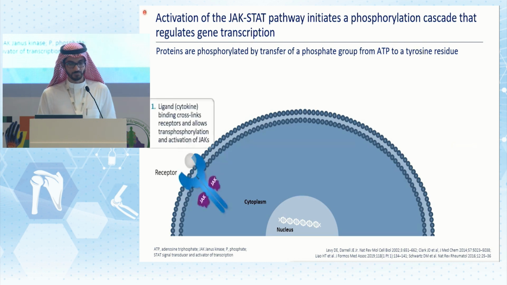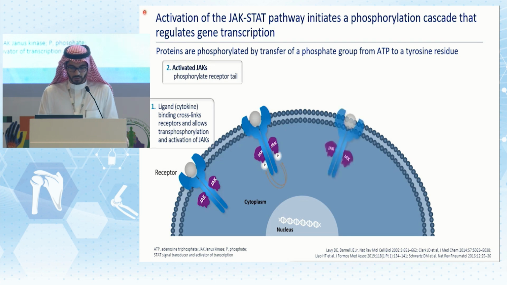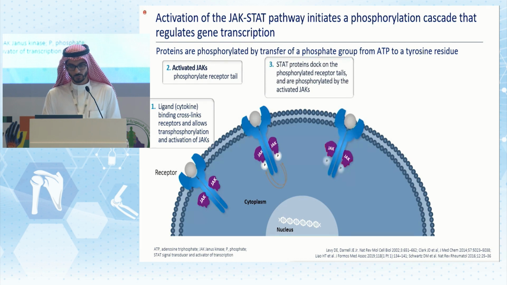The first step is when a certain cytokine binds to the receptor and allows transphosphorylation and activation of the JAKs that are available intracellularly and are attached to the receptor. Step 2 is the activation of the JAKs and the phosphorylation of the receptor tail. Then STAT proteins dock on the phosphorylated receptor tails and are phosphorylated by the activated